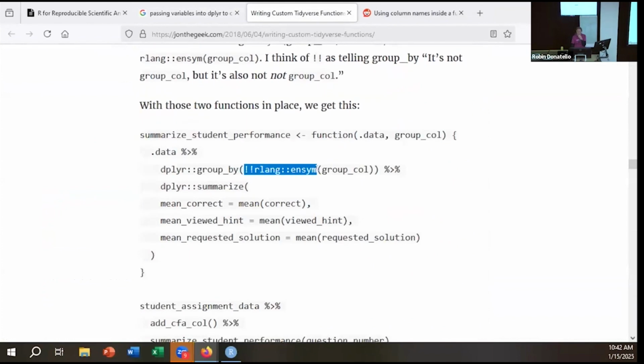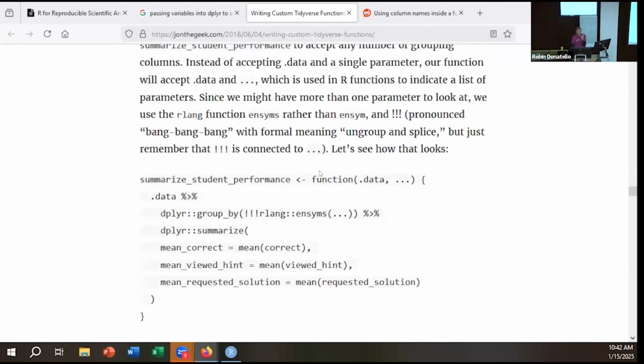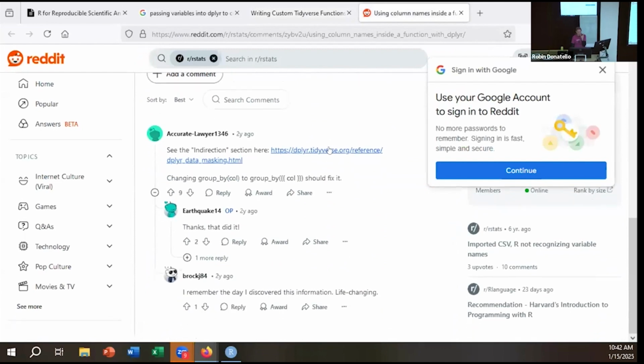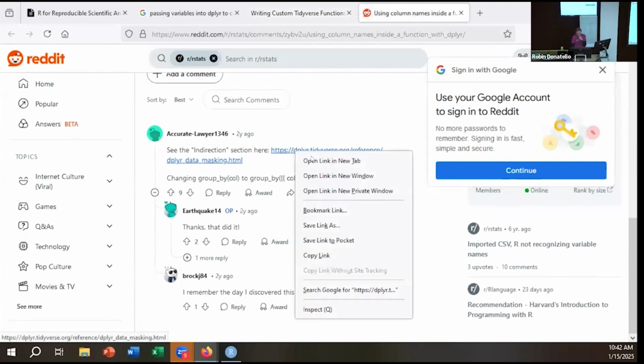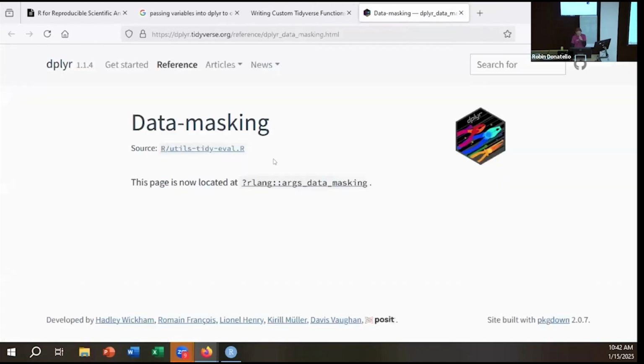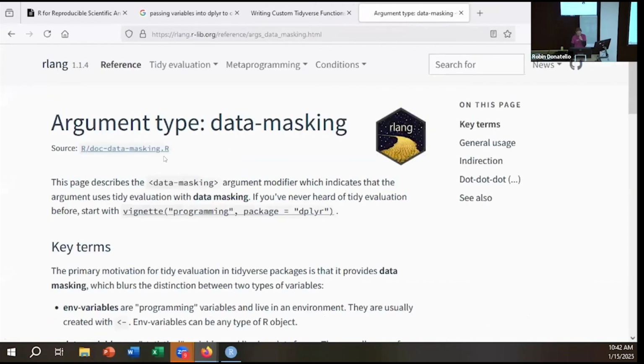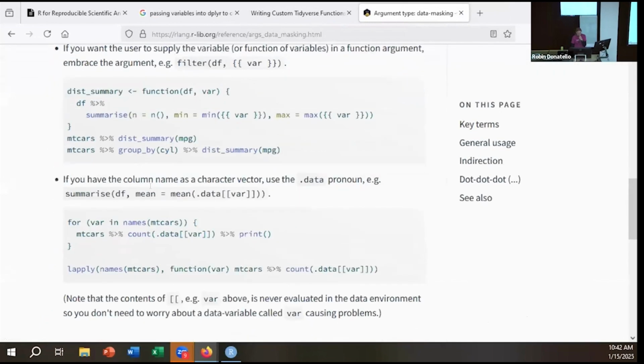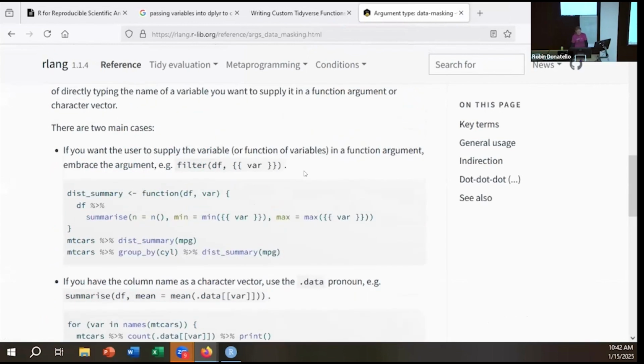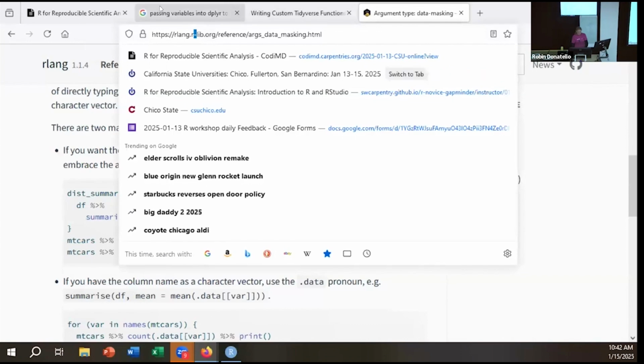And so I know this was one of the ways, but wasn't it like we could double put these things? No, wait, argument type, data masking. Yeah. If you want to supply the variable, we have to use